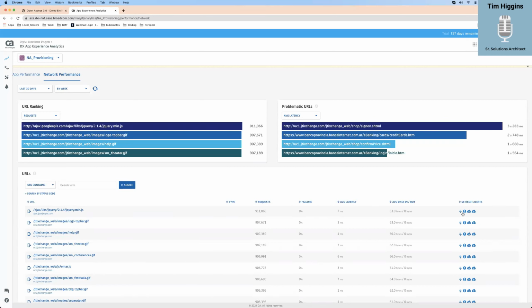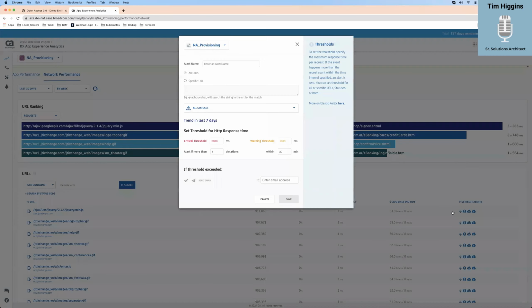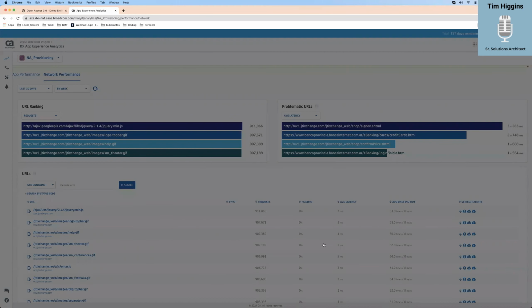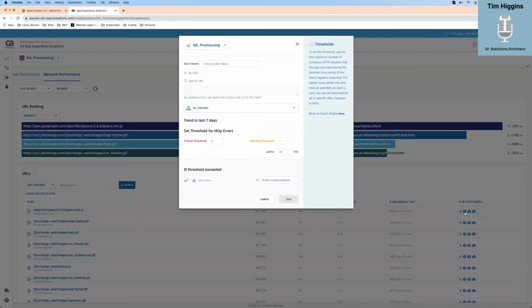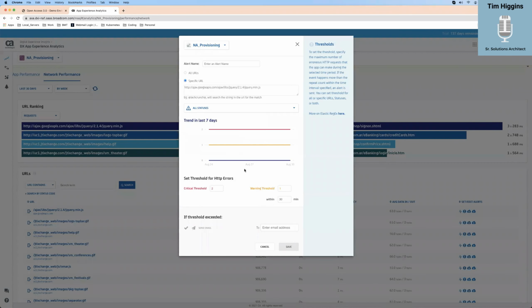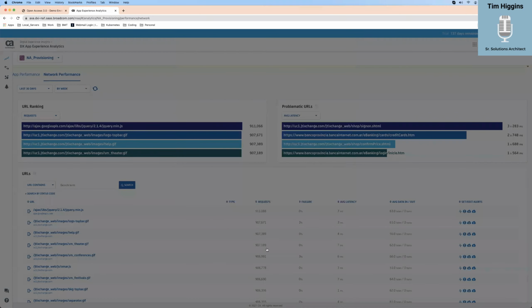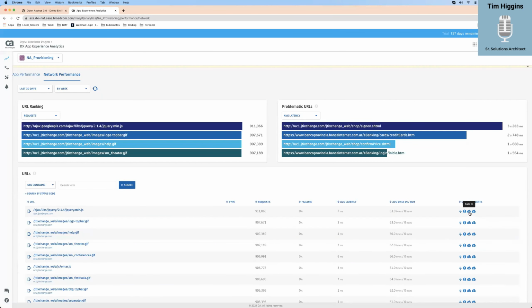Oh, let me show you this. I almost forgot. This is where I could set my alarms. Okay. You can do it from performance or here. So I can search for an item. And then over here, I can set what kind of alarm do I want. Do I want an HTTP alarm? Okay. Do I want errors? Like, do I care if it's a 404, 200, right? So there's things I can do here. You can even specify your URL by changing things. Like for an example, a lot of times you'd use a star or something like that. Data in, data out, right? It's kind of what you expect. So that's where you'd set your alarms.